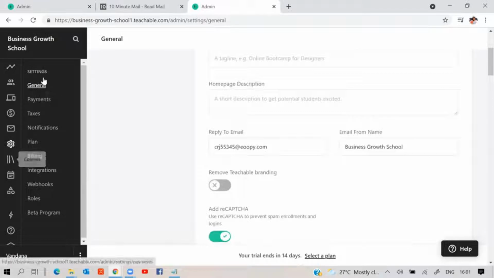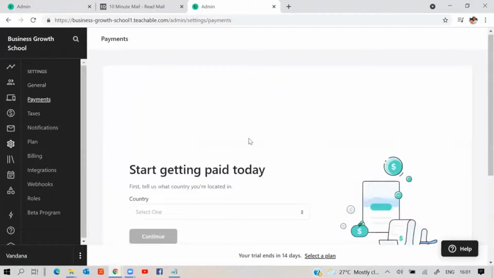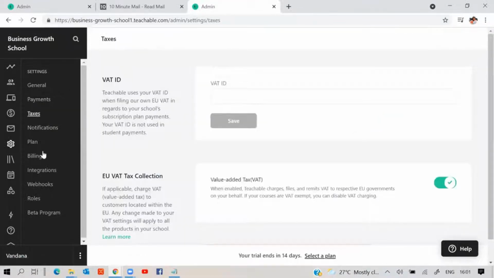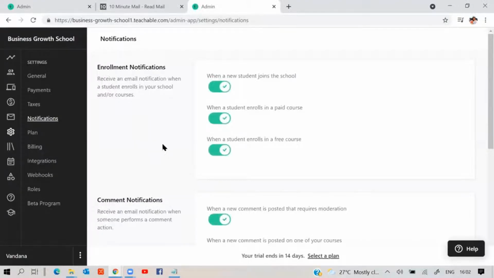And then in settings itself, we have a lot of things. Payment settings, okay, how would you like to get paid? So which country, and then these are not important right now. I'll not go into the detail of these because we are not using these payment settings here. Unless you are collecting payments, you don't have to talk about all this here. We use InstaMojo and we direct there. But if there is a need, these are all self-explanatory. You can fill it on your own. Okay. More importantly, we have to look at how to create our courses.